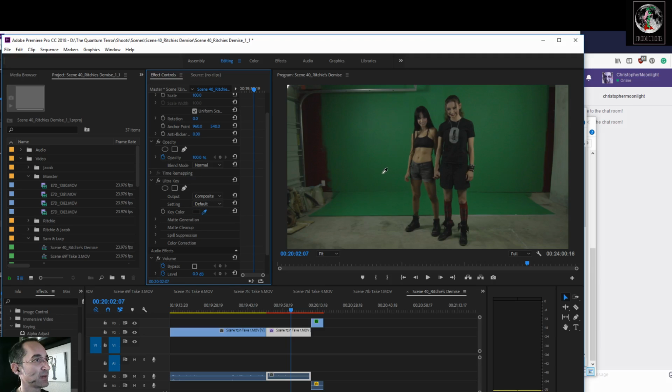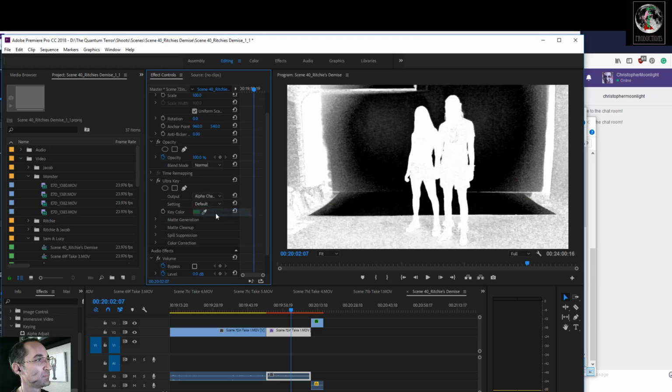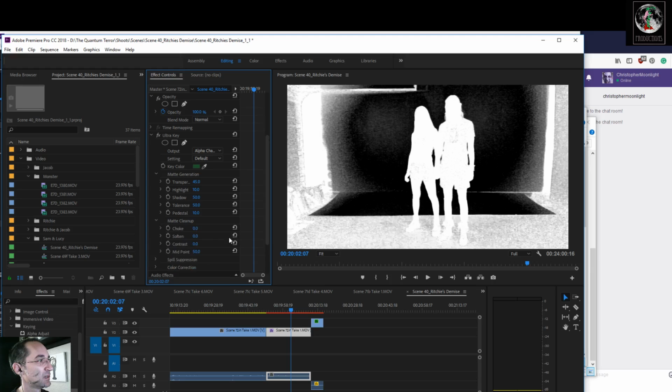So we pick from that green. Maybe a slightly darker green will help us out. A little bit. Let's see what's going on here. So let's start with pedestal.